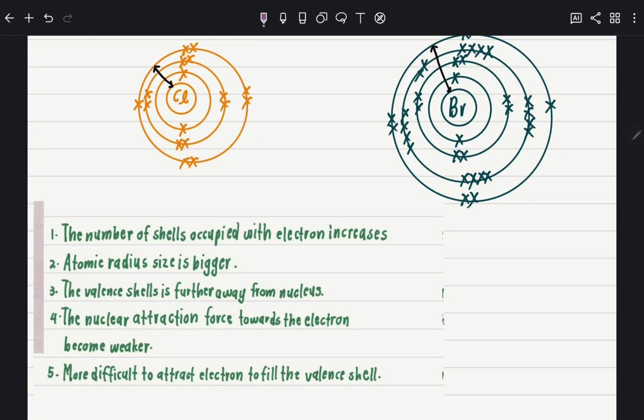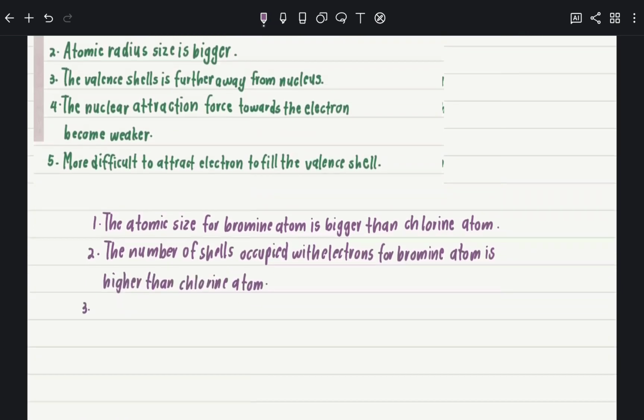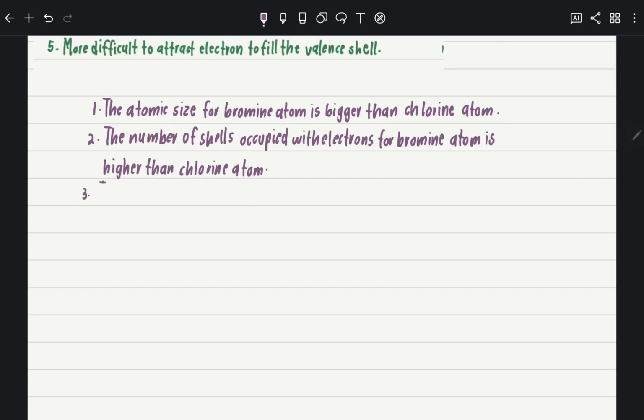You find a line from the nucleus until the valence shell. Then you see which one is bigger, which one is longer. So for sure, the one with more protons. So bromine, right? So you can say the atomic radius